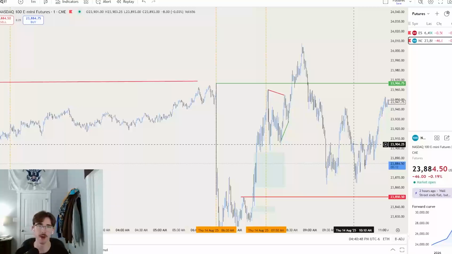Liquidity, how I gain my bias in pre-market, whether price is manipulating, because I trade off of, yes, liquidity. We have to have orders to get filled to move, and we have to have an area for orders to get filled to reverse, right? But